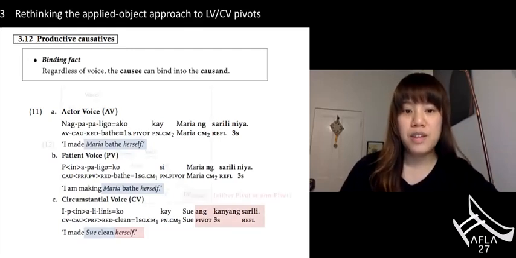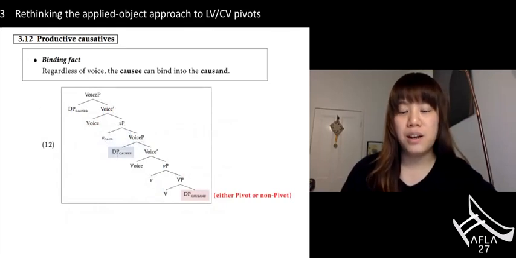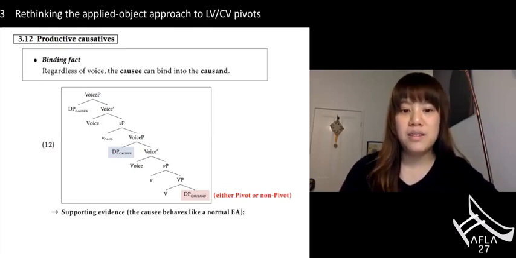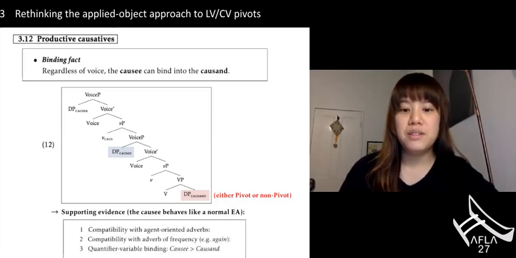So this suggests that the structure of productive causative in Tagalog might have the structure here in 12, whereby the causee is consistently licensed as a normal external argument of the caused event. And it doesn't matter whether the caused event is a pivot or not. And this analysis is supported by a few other independent pieces of evidence. So the first is that the causee does behave like a normal external argument. And this is seen in the fact that it is compatible with agent-oriented adverbs and the adverb of frequency, again,